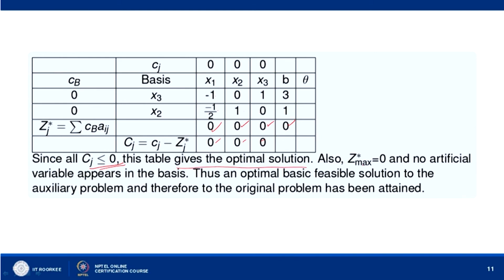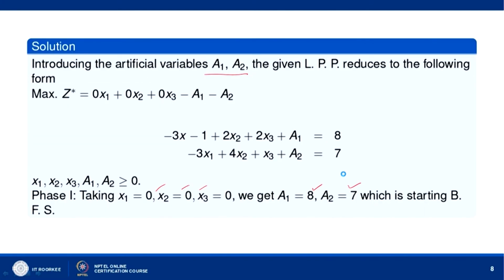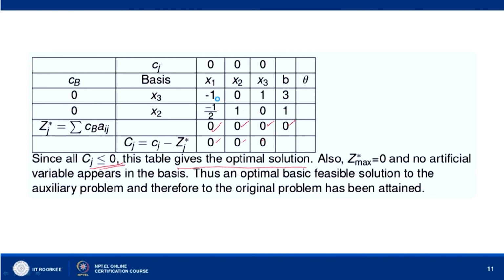Okay. And z maximum, z star is what? Z star is this one. Okay. X 1 into 0, x 2 into 0, x 3 minus a 1 minus a 2. Okay. So, from z star equal to 0 into x 1, 0 into x 2, 0 into x 3 minus a 1 minus a 2. Now, a 1 a 2 are zeros, okay. So, x 3 is 6 and x 2 is 1, x 1 is 0. So, we get 0, x 1 is 0, x 2 is 1. So, 0 into 1 is 0, x 3 is 6.